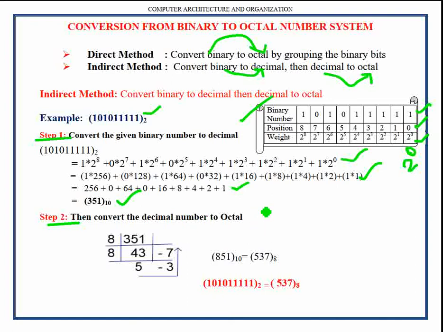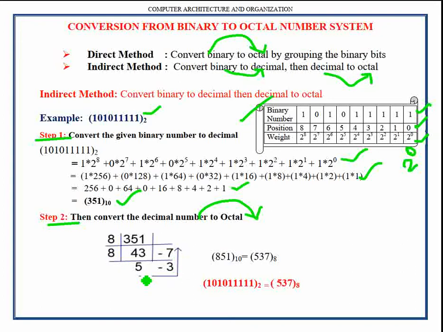To convert decimal to the octal number system, the given decimal number has to be successively divided by the radix of the number system to which it has to be converted. That is, the radix of the octal number system is 8. That's why this decimal number has to be divided by its radix 8. This process has to be continued until the remainder becomes smaller than the base value. Since we got 5, which is smaller than the base value 8, with this step we can stop this process.